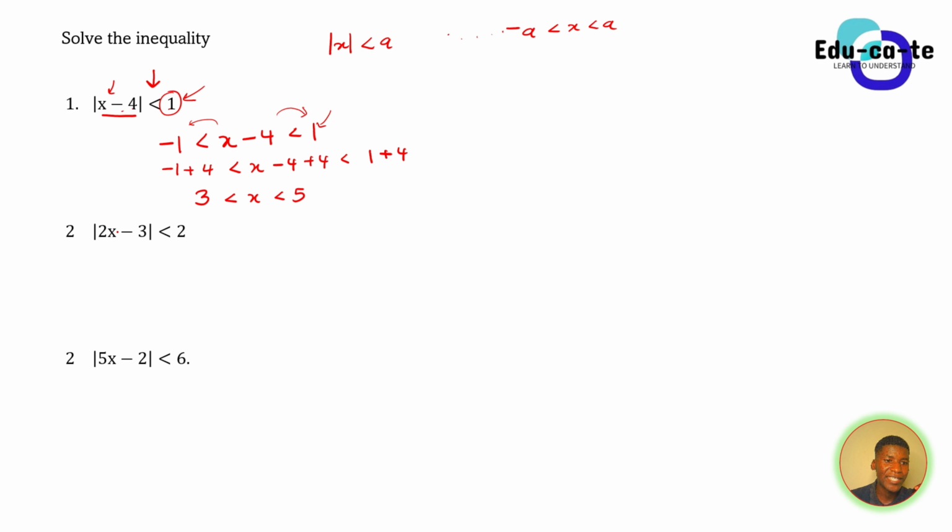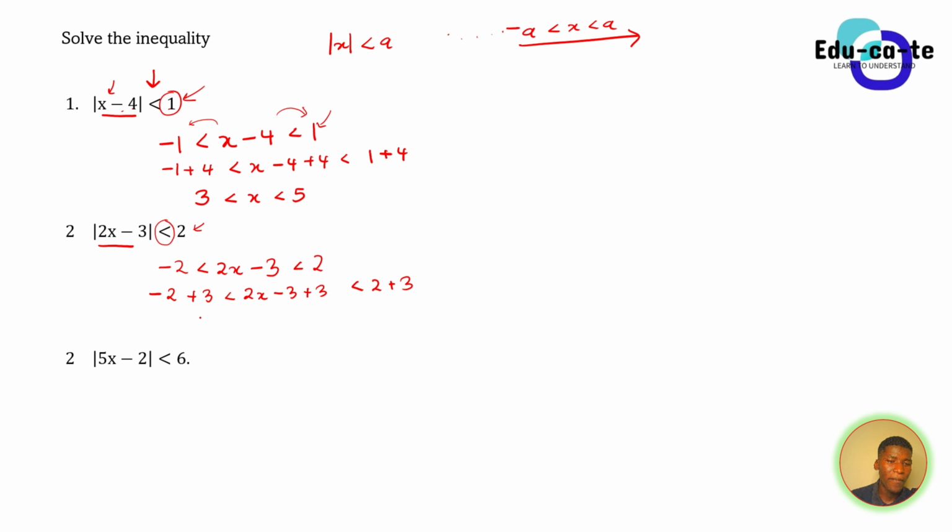Let's try to do this here. You have got 2x minus 3. The moment you see less than, that's when you can apply this law. So under the absolute value sign, we have got the expression 2x minus 3. So we're just going to place it between negative 2 and positive 2 as well. You're just going to take this number, negative of it and positive of it. You solve for x by transposing 3 on both sides. This will be negative 2 plus 3, and then 2x minus 3 plus 3, and then less than 2 plus 3.